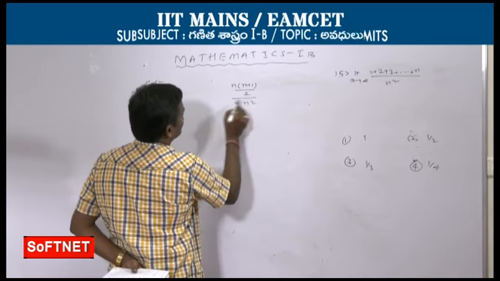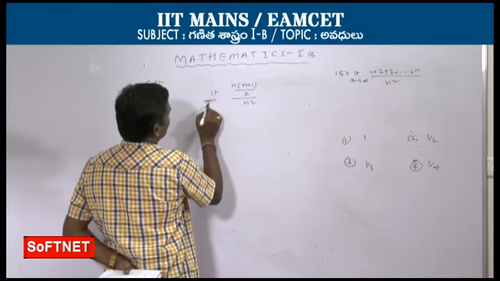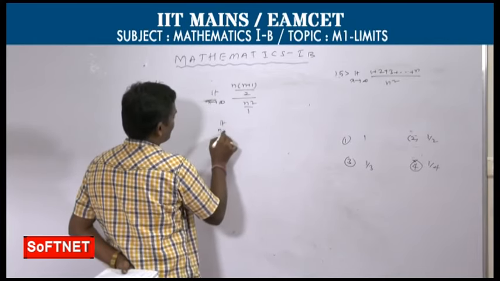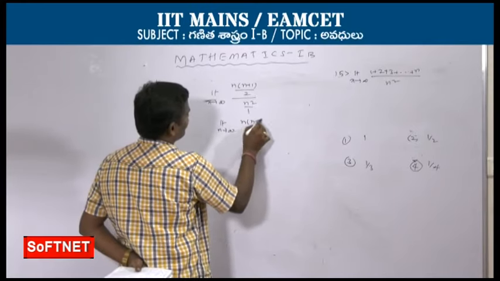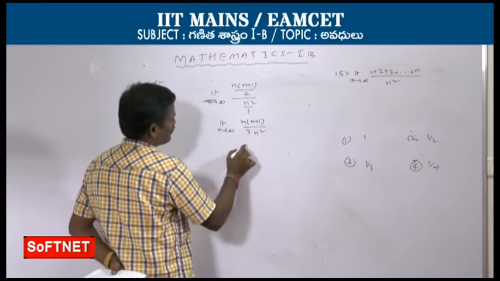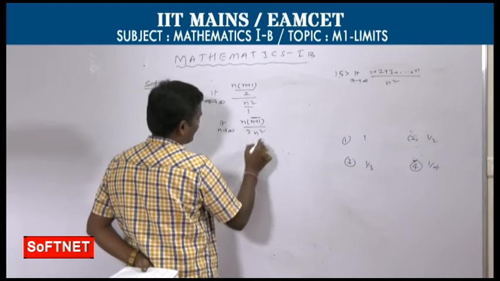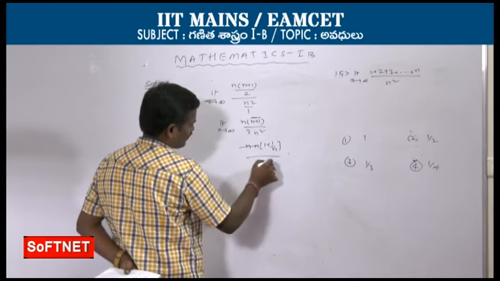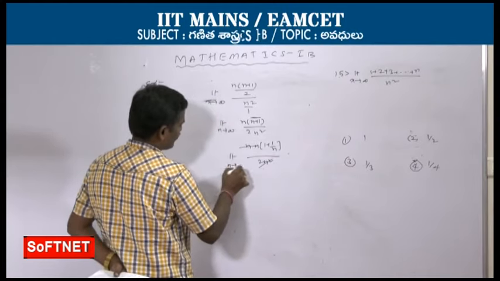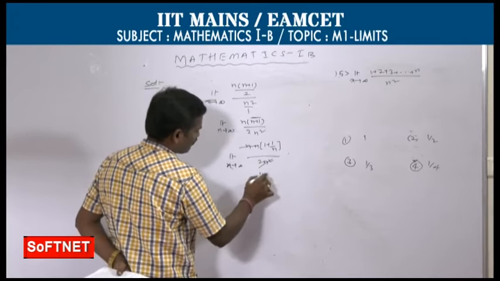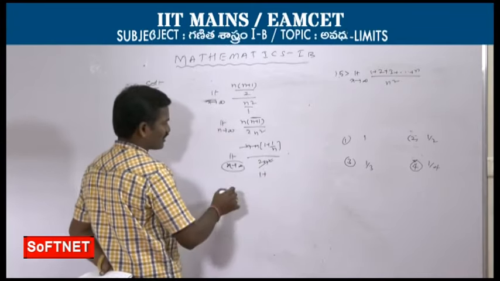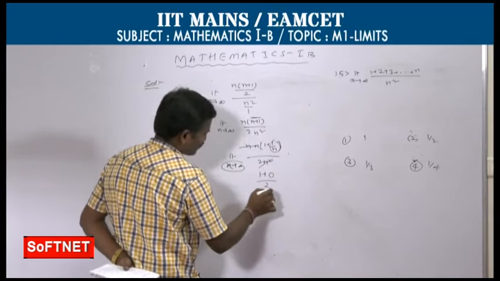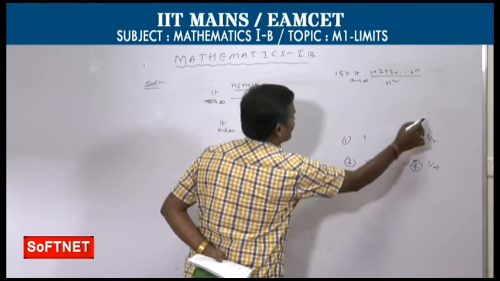So, the denominator already has n square, limit n tends to infinity. So, n into n plus 1 by 2n square you will get. Here n is already there, take n common, n into 1 plus 1 by n, by 2n square. Here n square cancels. So, limit n tends to infinity, the answer is 1 plus 1 by n, and 1 by n tends to 0. So, this part is 0 and the denominator is 2. The answer is 1 by 2. So, 1 by 2 is the correct option.